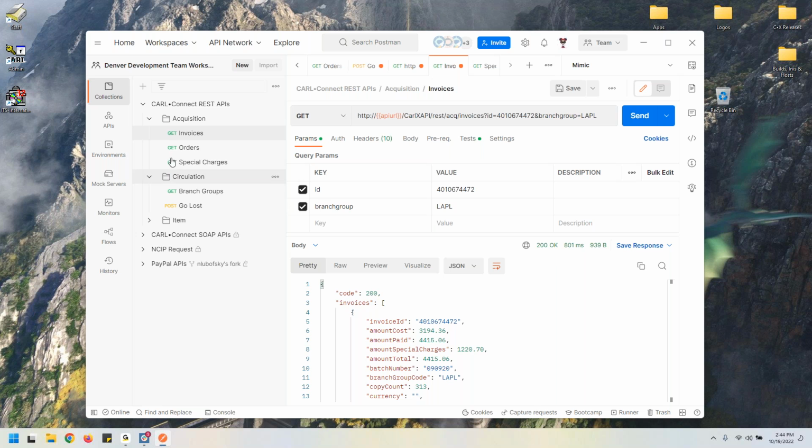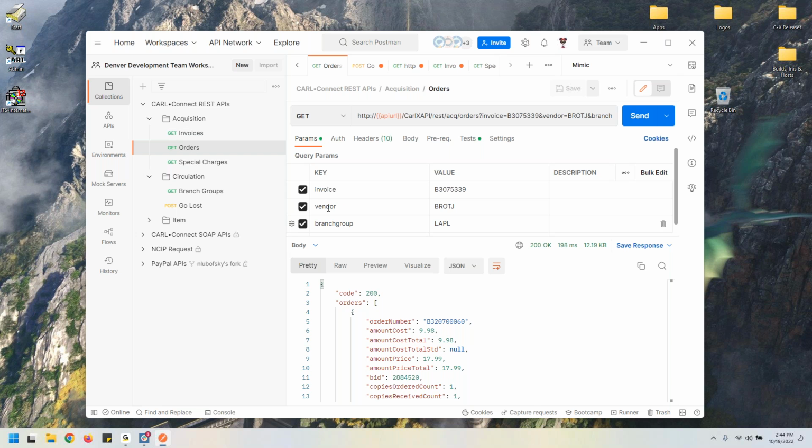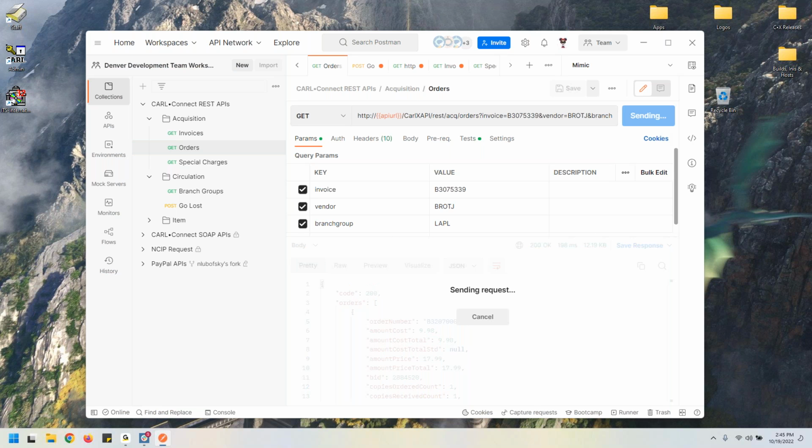Next up, we worked on our orders associated with an invoice REST API. So I'm going to go ahead and open that up. And within here, you can see that our parameters are going to be an invoice ID, again, a CarlX invoice ID or invoice number, a CarlX vendor code, and that branch group. Again, all of our acquisitions functionality does allow us to take advantage of that branch grouping functionality for acquisitions. When I do send this particular